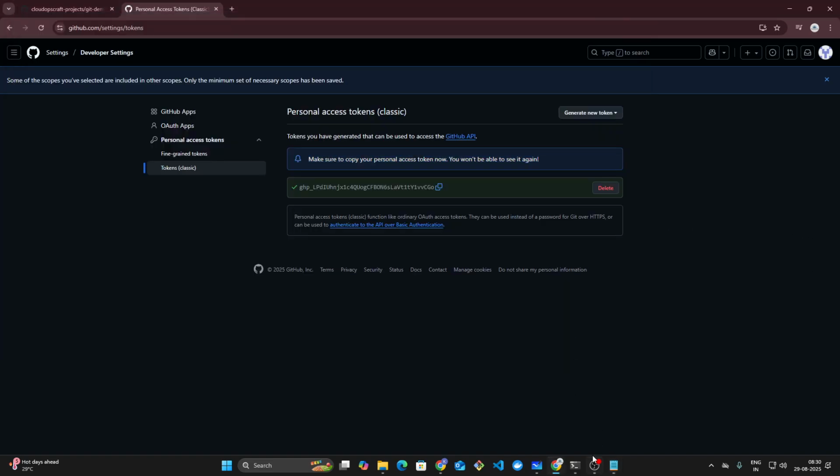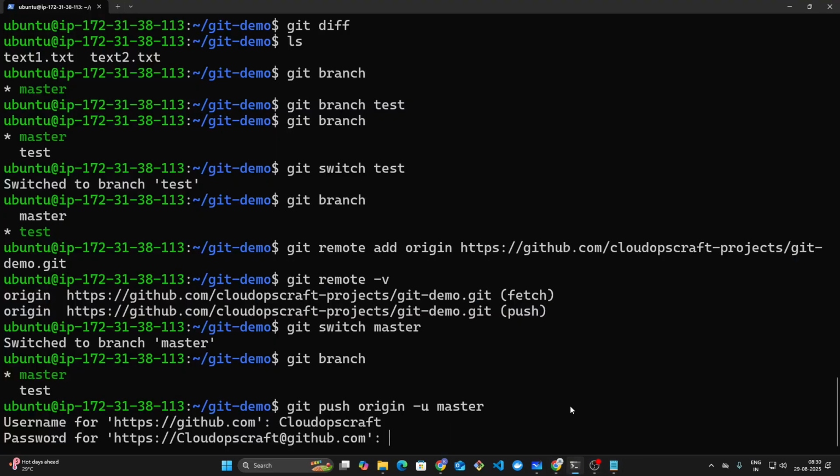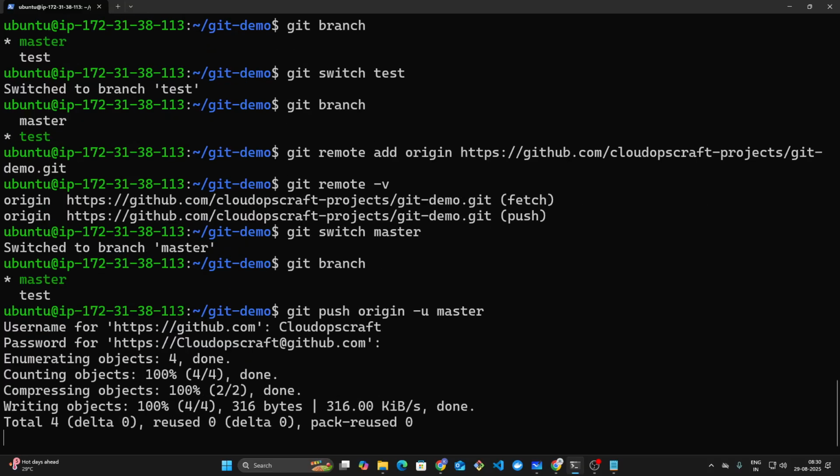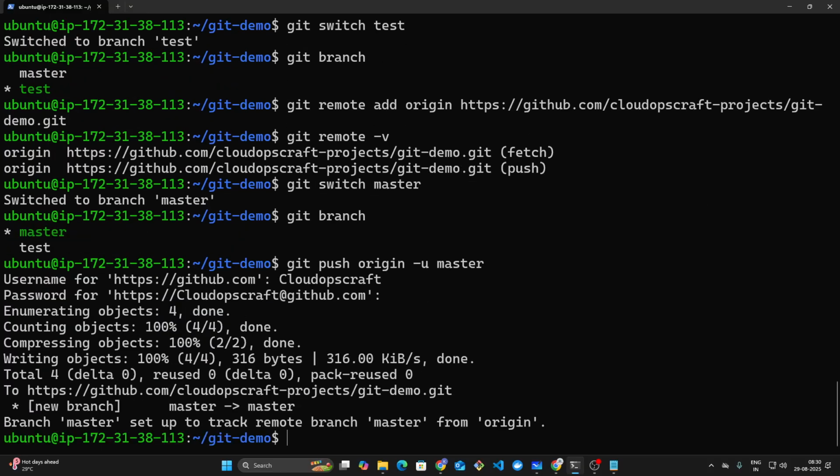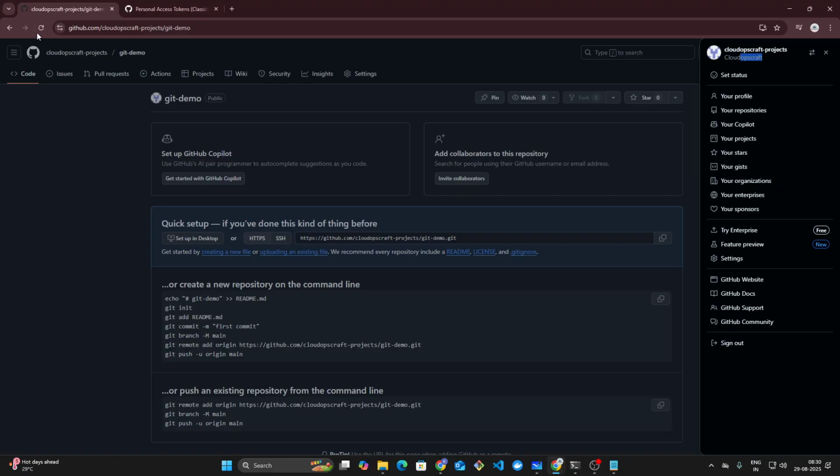Okay, so I just pasted it on my notepad. Okay. And I am going to use this as a password. Now I have pushed these changes. Okay. Now if I go to GitHub, if I reload this page,